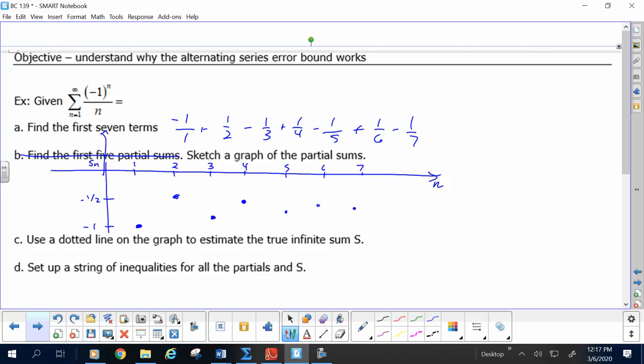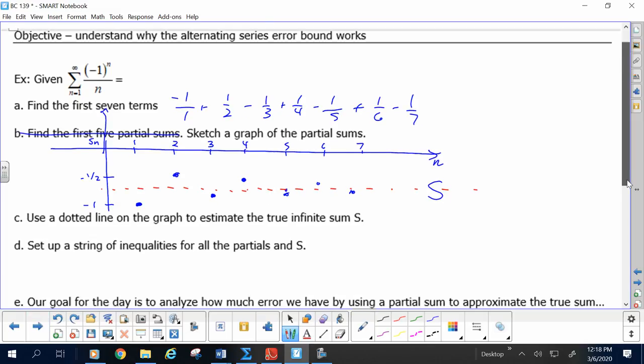Now, the true sum is in here, yeah? Oops, I missed. I didn't draw my line very well. Do you agree? All right, cool. This is S. Infinite S is in there somewhere. All right, now,